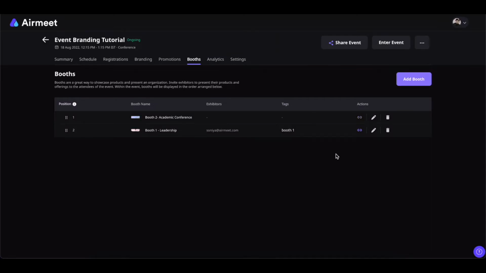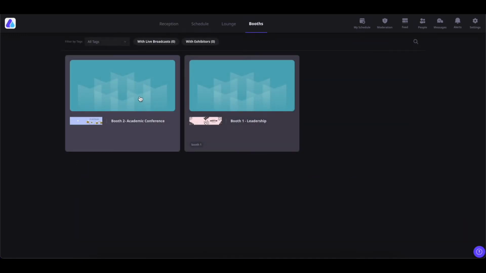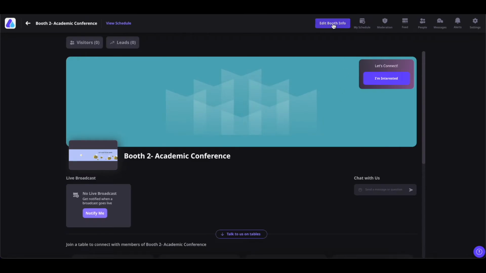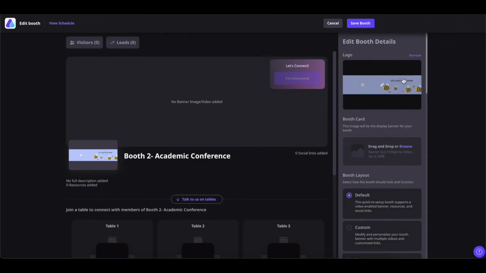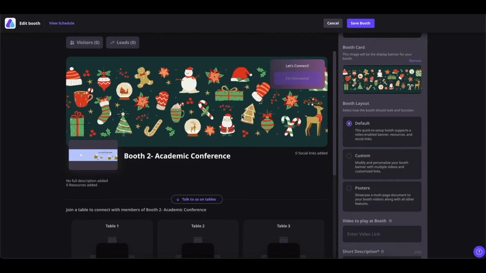Now, in order to edit the details of the booths, you have to click on enter event and you will be led to the reception page. From here, click on booths, click on the booth that you want to edit, and then click on Edit Booth Info and enter all the booth information. Even inside the booth, you can add three types of booth banners, that is default, which is static,